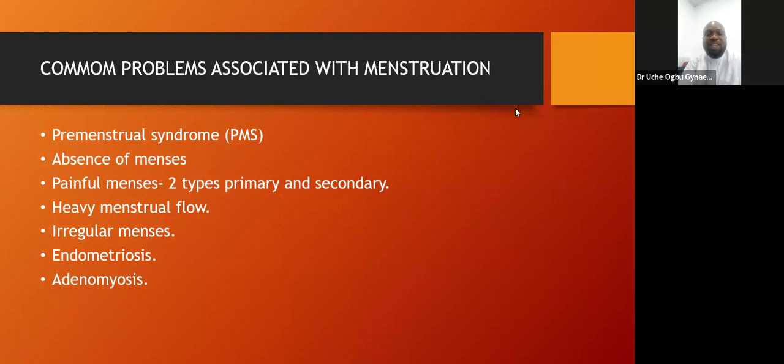Then endometriosis. Endometriosis is a condition where the inner lining of the womb is also found in other parts of the genital tract, and in severe cases, even on the intestine. So sometimes you see it on the ovaries, sometimes on the body of the uterus, sometimes on the intestine. At the point where the hormones are making the inner lining of the womb grow, those cells there are also growing. So once your menses starts, as the inner lining of the womb is shedding blood, those places are also shedding blood.